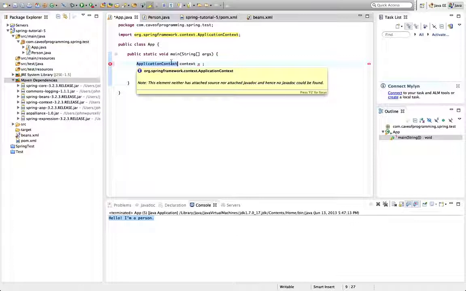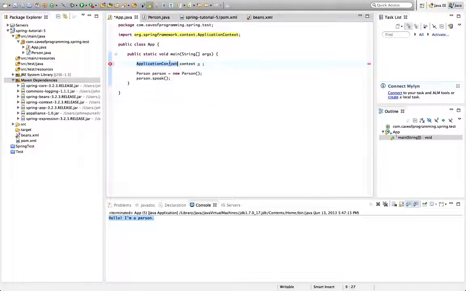And I just wanted to mention Bean Factory in case you see it somewhere. It's kind of the same thing as application context, but sort of lower level. So we'll kind of skip over that. And I'm going to set this equal to a new file